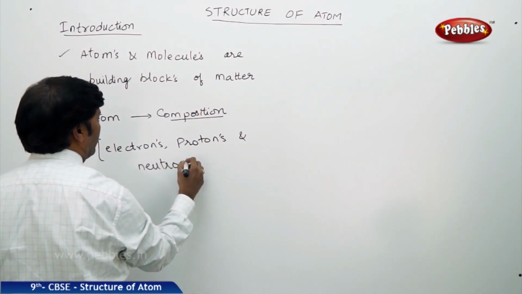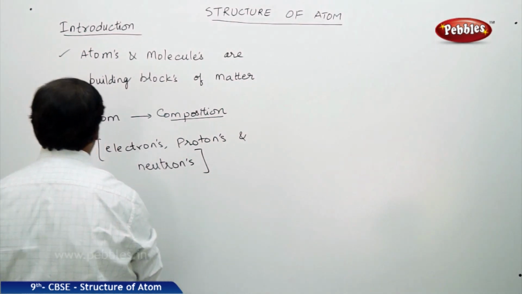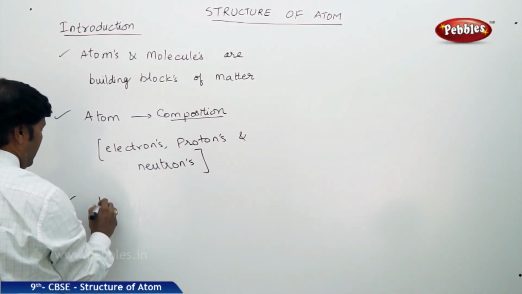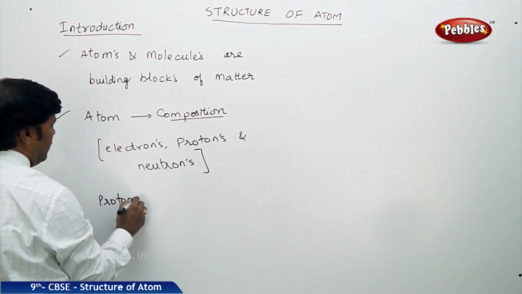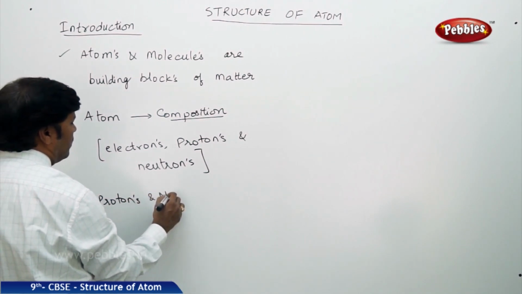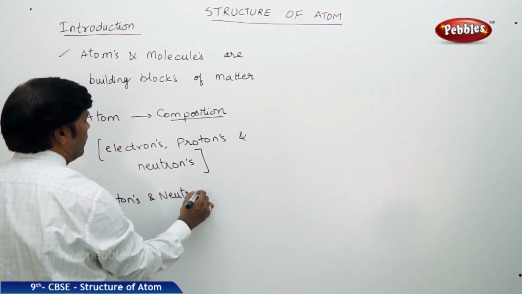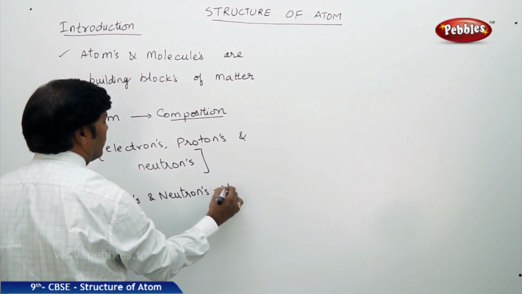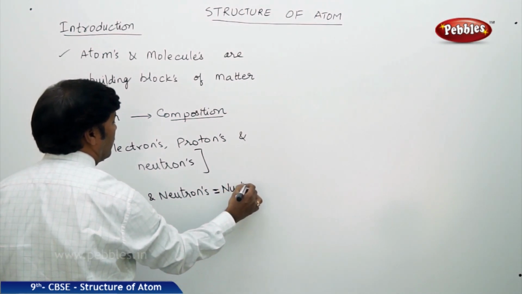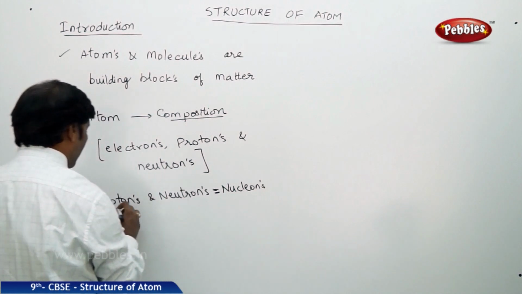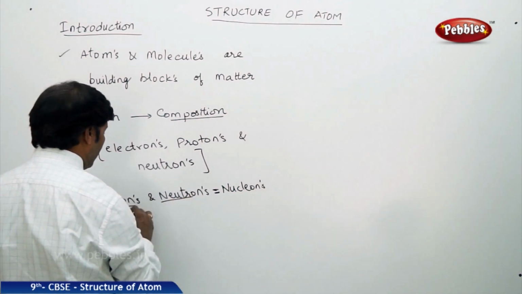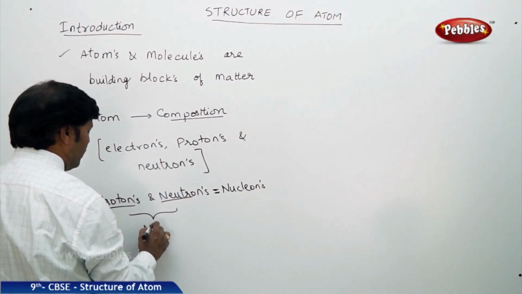Protons and neutrons in general are together called nucleons, and these protons and neutrons together are present in the nucleus